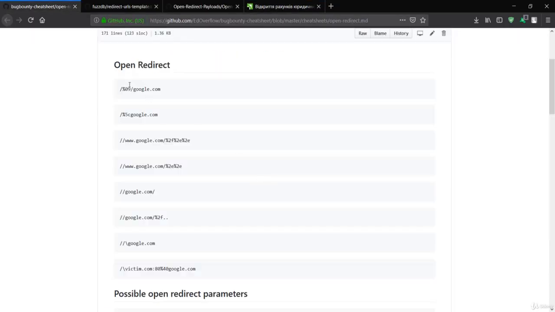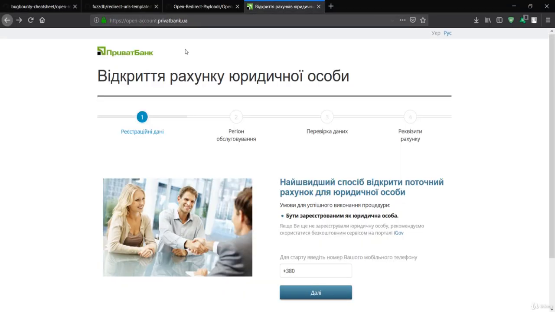First of all, we have the link over here, that is Google, and basically we'll have the redirection to google.com if any of these payloads work. So let's try one by one. Let me just copy this and go over here. What you need to do is, at the last of the link, simply paste this, because this is your new payload.